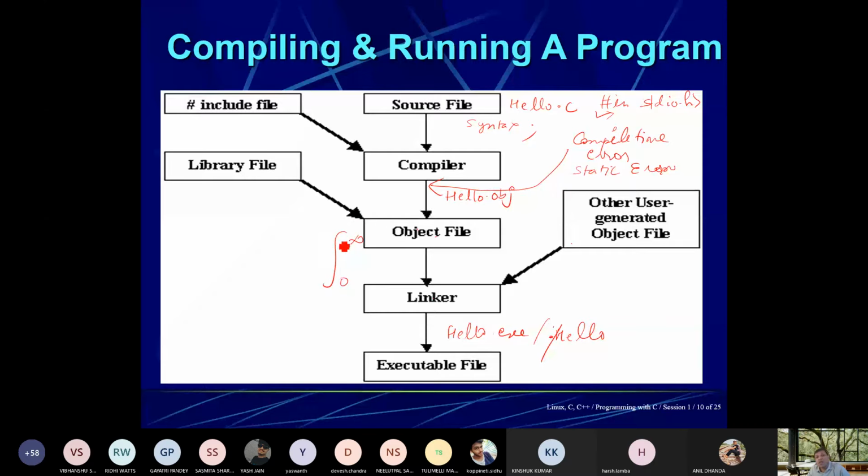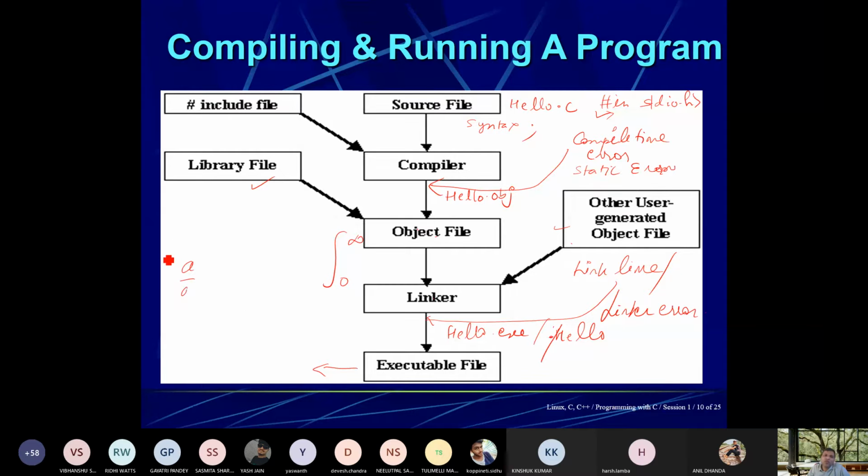Now suppose we have created the files, like in the previous day when we wanted to run our program in DEV C++. Due to the library and some other things, the compiler is not able to find the library file and object file. That's why a certain error is generated, and this error comes after the linker, so it is known as a link time or linker error.